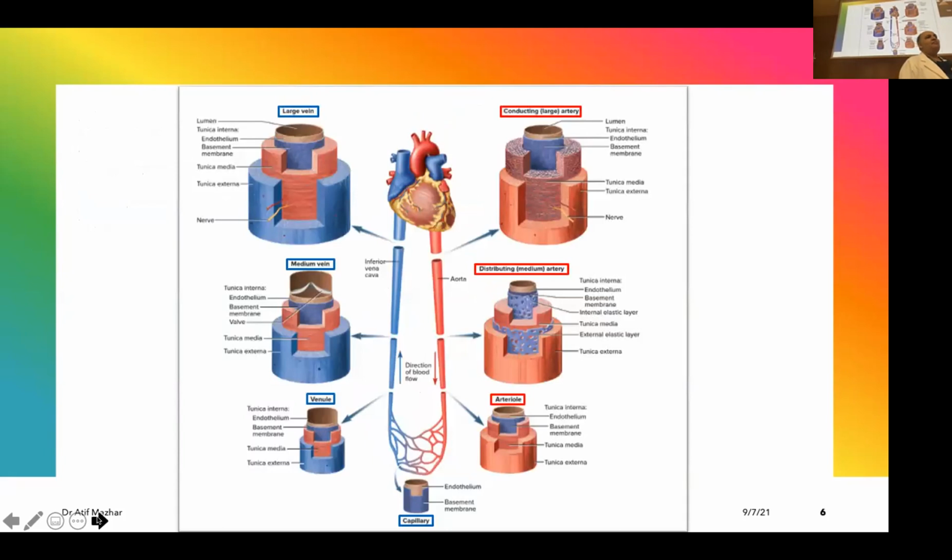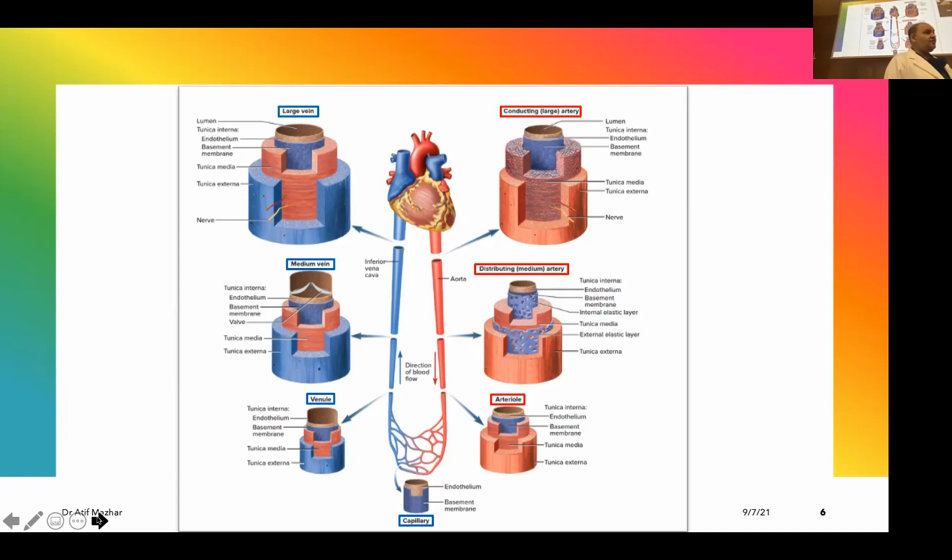Now, when we look at the arterial system and the venous system, there are so many names which have been mentioned. The blood vessels, when they start their journey, are big. And then they have a different architecture. This will be discussed more under the microscope. You can see the big artery goes to small and small and small till it becomes a capillary. And from that capillary, the venules start their journey, and small veins and veins and veins, and they ultimately open in my right atrium, the heart.